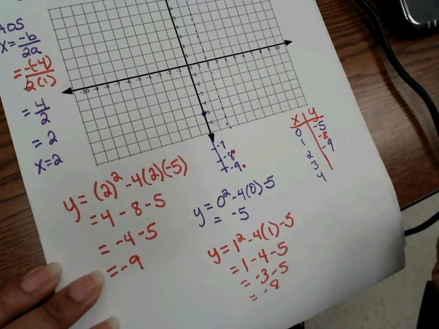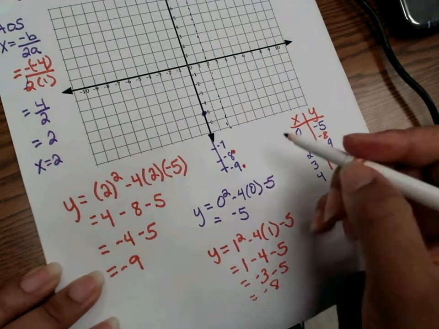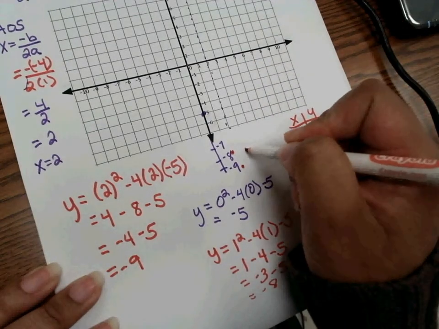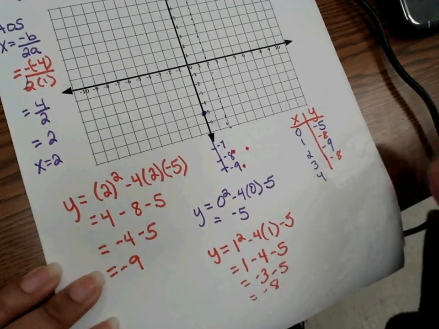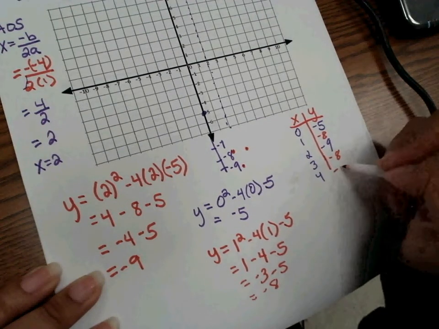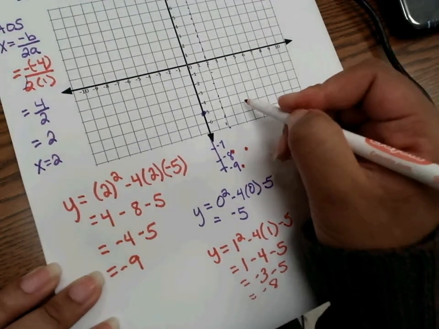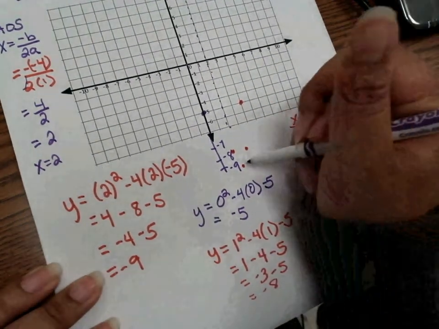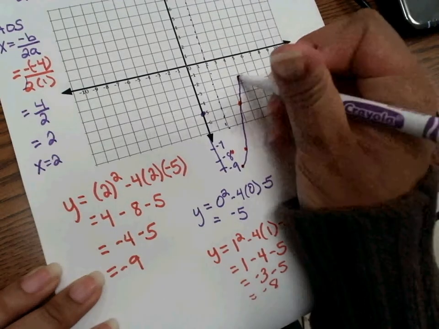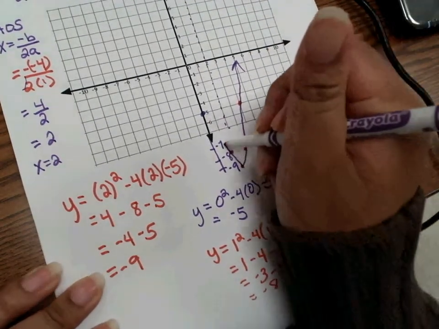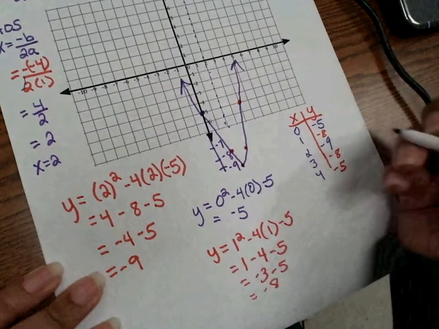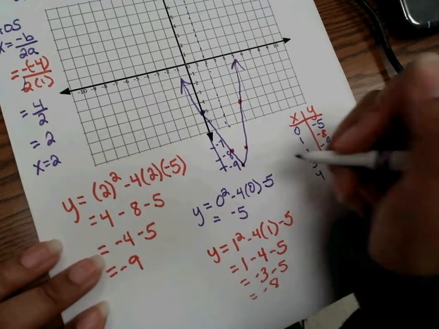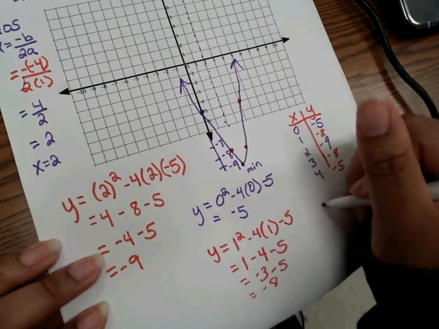Okay. And then from there, remember, this is a reflection. So that means that 3, -8 will be right here. And 4, -5 will be right here. Okay. And so then we connect our 5 points. And we can tell that this is a minimum point. And with that minimum point of our vertex, this is concave